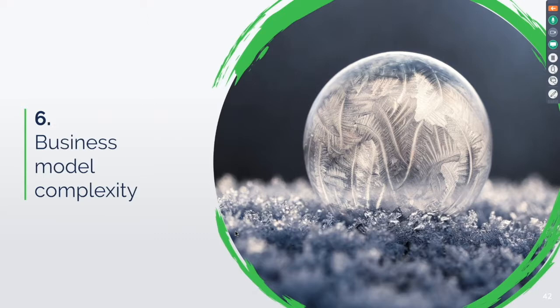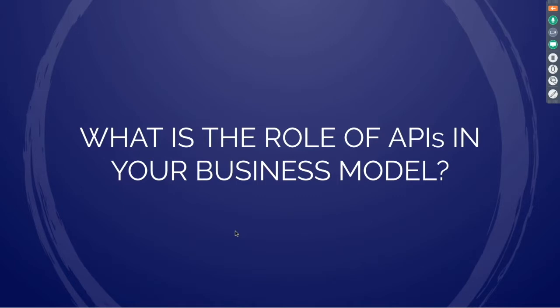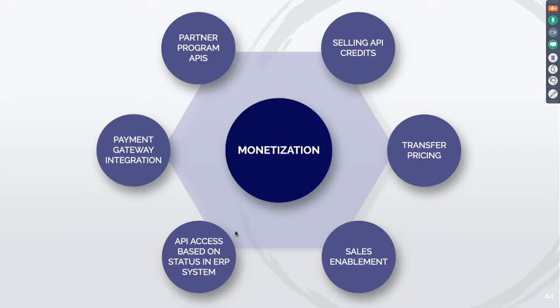Next, I want to talk a little bit about business model complexity. It depends a little bit on what your role is of your APIs in your business model. For a big part, this is about monetization. But it can be a lot of different things. That's why I didn't call it monetization, but business models, because it might be about internal